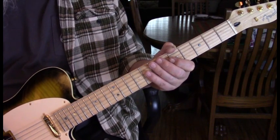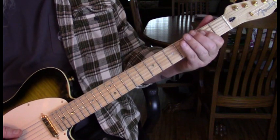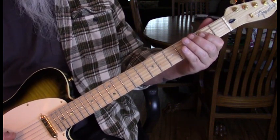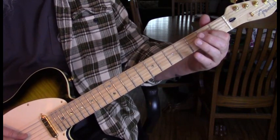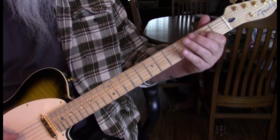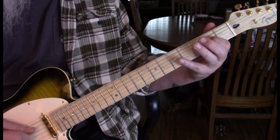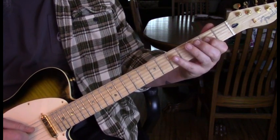The next part of it, he slides and hits an open E string twice, then to 3 with a slight pull down and back off to open, and then hits the 2nd fret, another E note on the 4th string. That's a little lead into our chorus, that E note on the 4th string, because what we're going to do